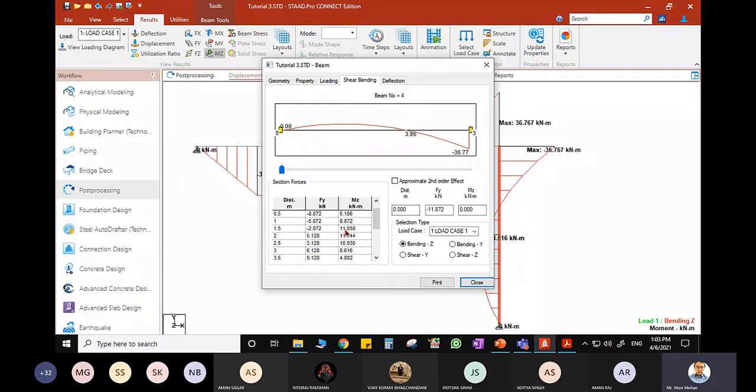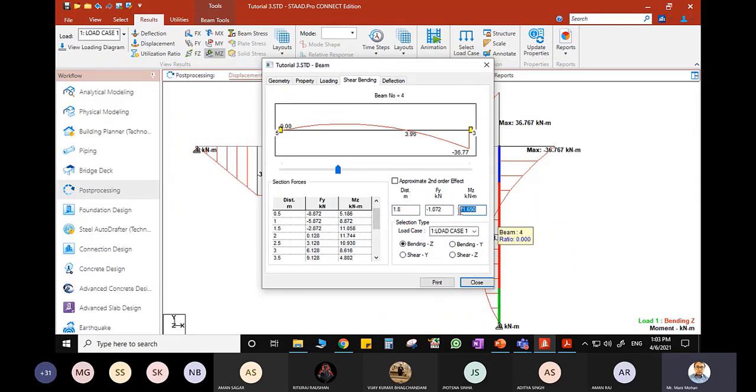See, if you observe between 1.5 and 2 meter, or you can say at 2 meter exactly, you're getting 11.744. And you can check at 2.1 what is happening. The bending moment is reducing. So you can just keep on exploring what result you are having. If you want to know at 1.8 meter, it is 11.6. So exactly at 2 meter, you can say that you are getting maximum bending moment.